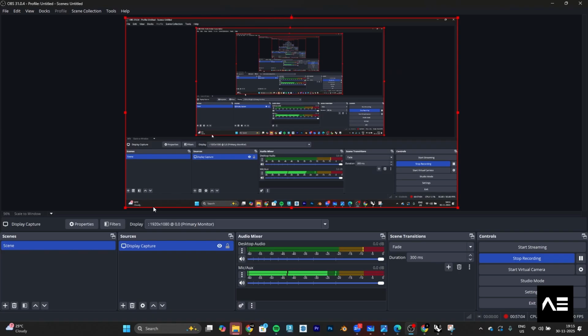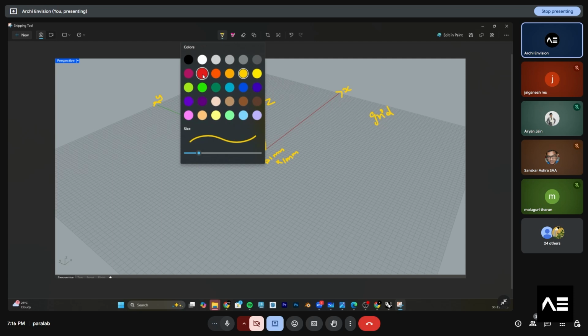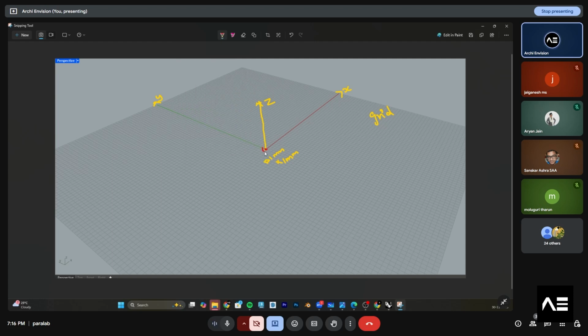So this is how the grid will be. Everything which you are seeing over here is a unit, for example, one box will be 1 millimeter by 1 millimeter, and this is the center of the axis. This is called 0 comma 0 comma 0. This is the origin, which is called origin. So it will have x, y and z.